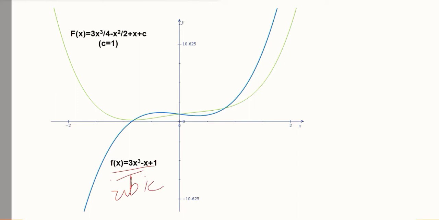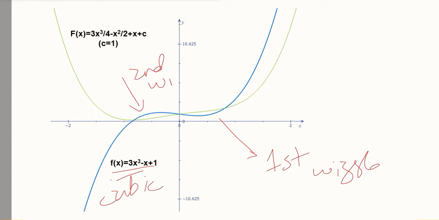So this is the original function that we have, a cubic function, and since it's a cubic function, we have a diagram in blue color which has two wiggles. This is the first wiggle, and then we have the second wiggle. So there are two wiggles in it, whereas this function, which actually has a degree of 4,